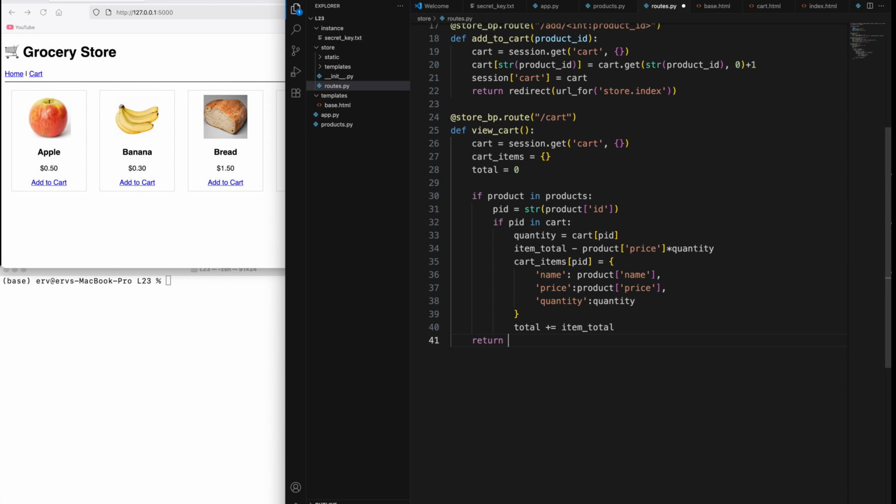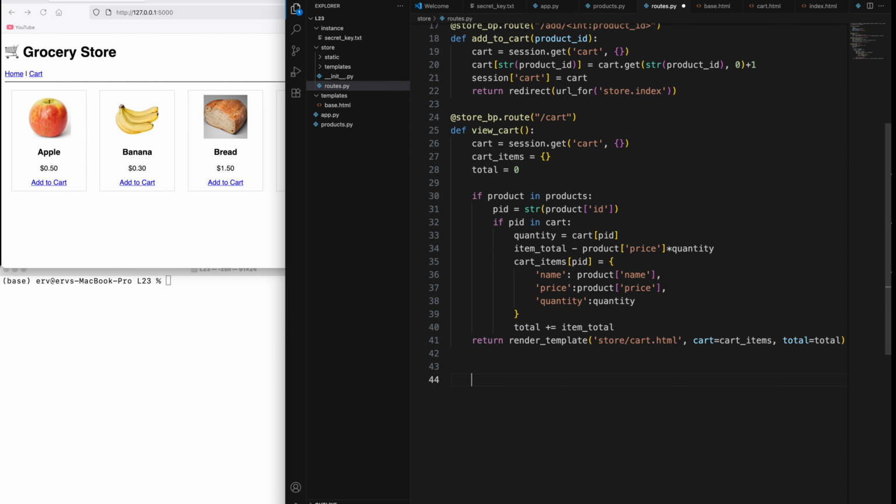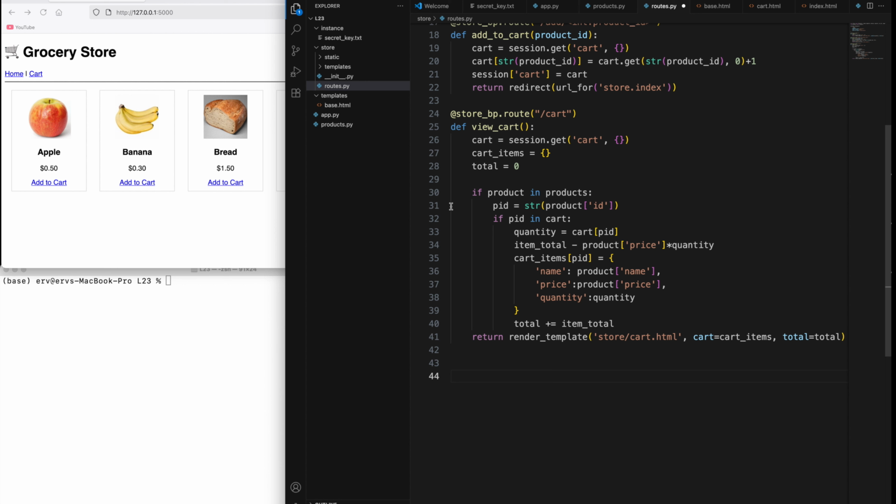Then we return render_template, and here we specify the name of the HTML file, store/cart.html, cart is equal to cart_items, total is equal to total. That's the second one, and the last function we are going to create here is